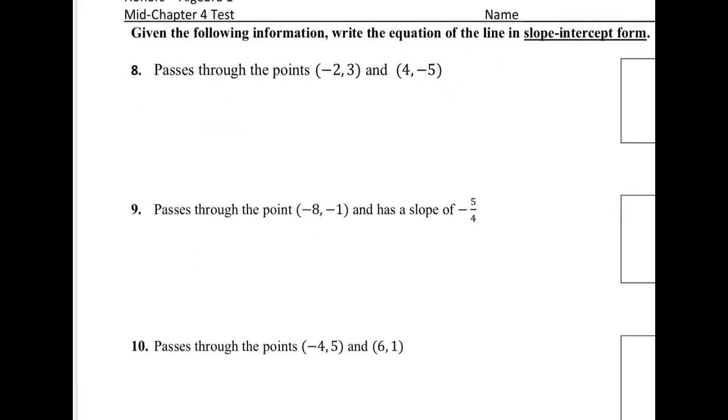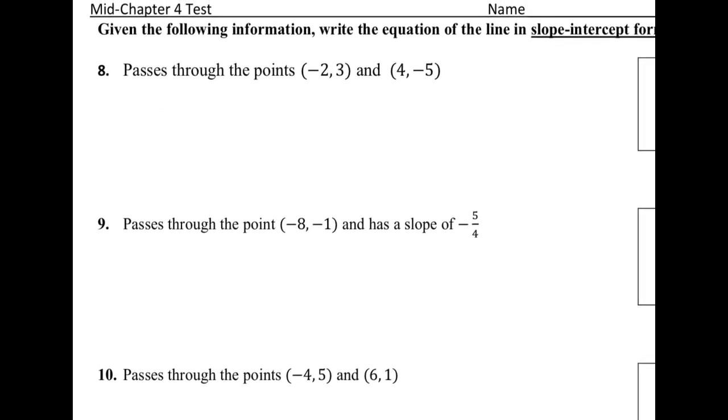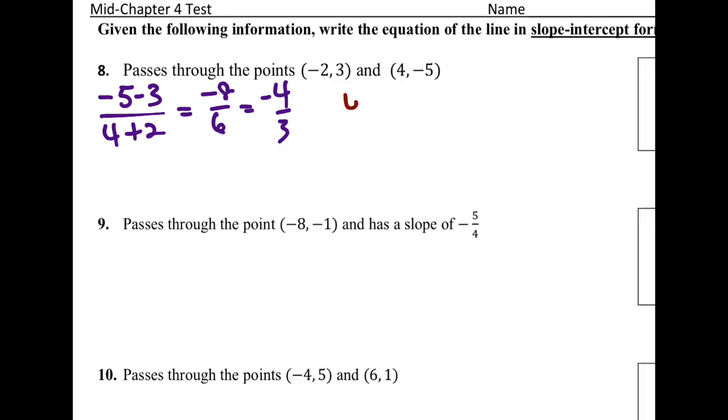Okay, 8, 9, and 10, and really probably 11 as well. 8, 9, we're looking for slope-intercept form again. This time given 2 points. So we don't have a slope, so we have to find a slope. So that's our y2 minus y1 over x2 minus x1. So -8 over 6, which reduces, let's make sure we're reducing, so that's -4/3, and then choose a point. So now we've got a point and a slope. So we're going to go y minus y1 equals slope